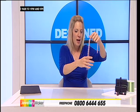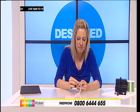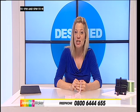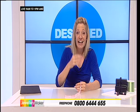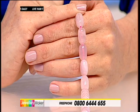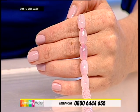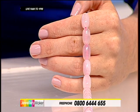First of all, rose quartz barrels, beautiful genuine gemstone. Symbolising love, symbolising unity, symbolising romance. It's a gorgeous genuine gemstone here. And at Jewellery Maker, we give you the gorgeous quality you're going to be getting here. So stunning pinks, beautiful translucent quality, effortless texture, 290 carats in total,